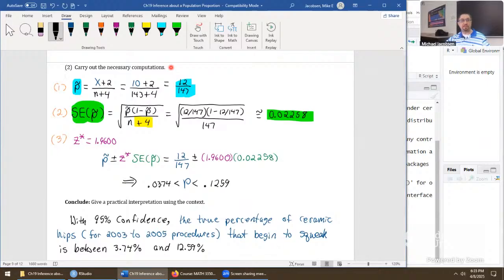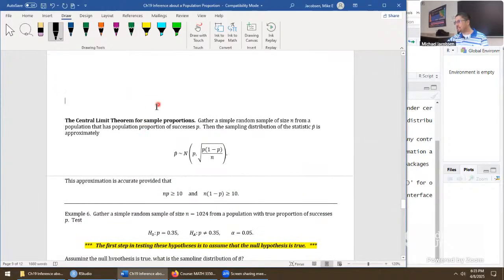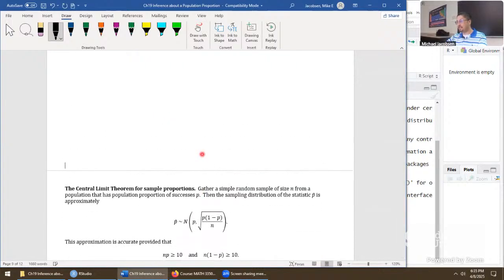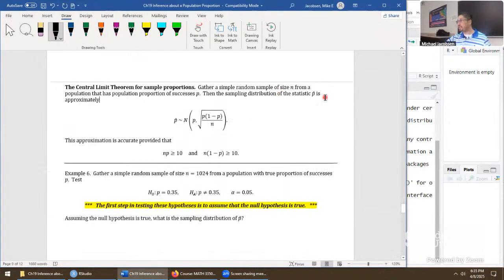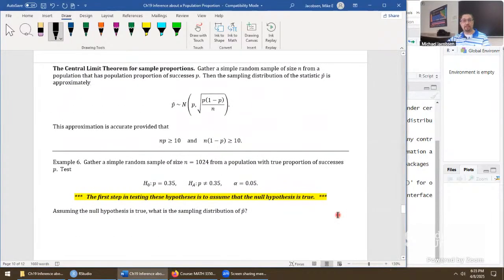Okay, so this is how we do confidence intervals. We really resolve a lot of information this way. And now, if all we want is the hypothesis test, here are the next bit of tools that's going to take us to that kind of analysis. First, we call upon the central limit theorem once again. We're using it in a hugely direct way.